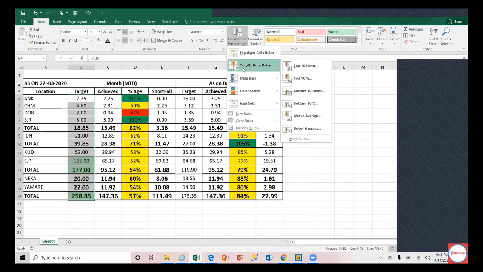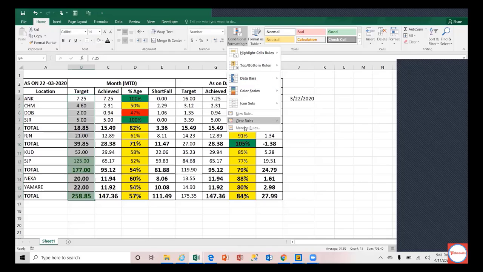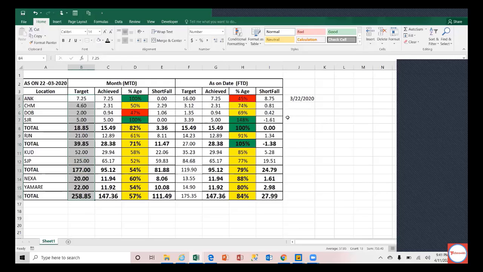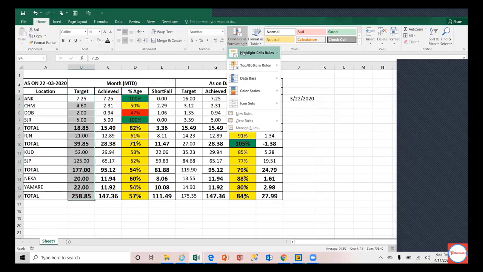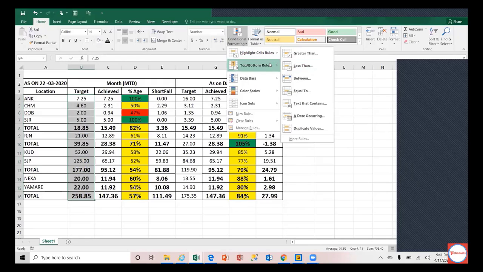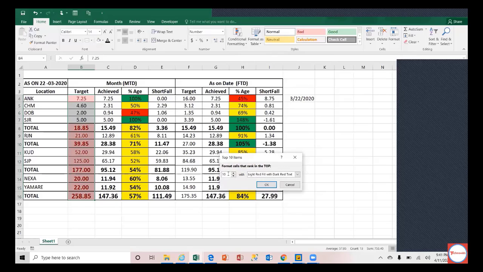So I can clear the rules anytime here, from the selected cells or this. I can also give something like top percentage, bottom percentage, and all those things. For example, top 10 items. It need not be top 10, it can be top 3 also. If I give top 5, these are the top 5 items.